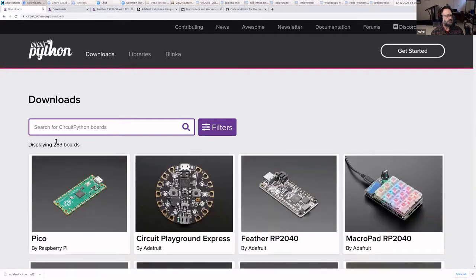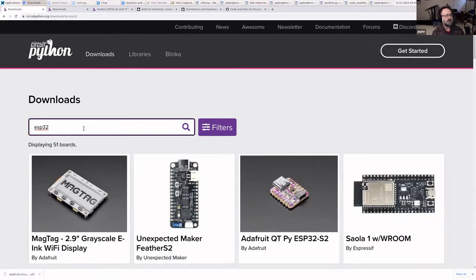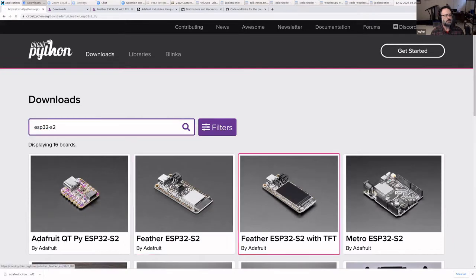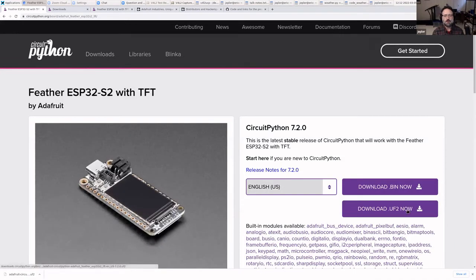And we have 283 different boards which are supported, including a bunch of cool ones, but we're looking for ESP32S2 with the TFT. And all of these boards come with bootloaders of one kind or another. The most convenient kind is UF2. So you just download a UF2 file to your local computer.